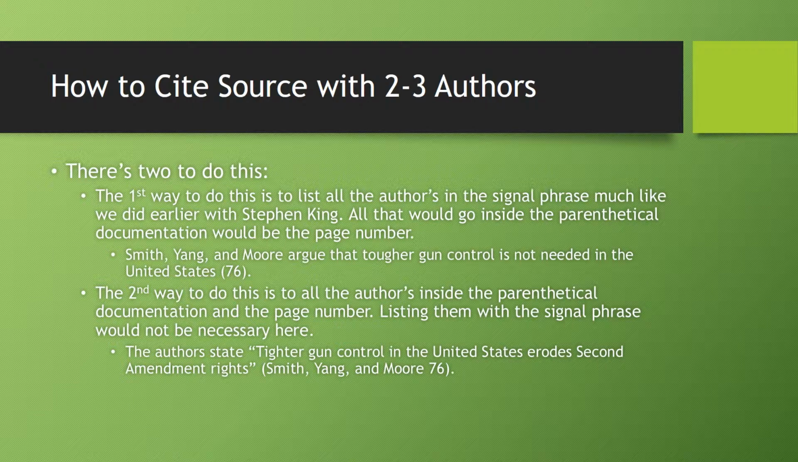How to cite a source with 2 to 3 authors. There's 2 ways to do this. The first one, just like the source with 1 author, you're going to use the signal phrase. You're going to state the authors' names in the signal phrase, and then in the actual parenthetical documentation at the end of the borrowed information is just going to be the page number, and you're not going to use any of the names. The second way to do this is, for instance, the authors state,